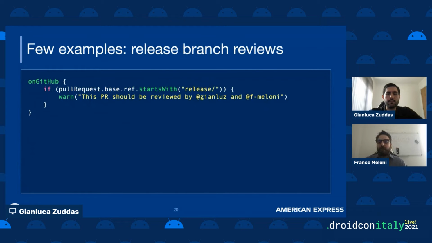Finally, let's assume that we have a release branch, and all the PRs to the release branch need an additional review, for example, from one of our tech leads. And so we can add a check on Danger, which checks if the branch we are merging to starts with release, and in that case adds a warning which tags the people that should actually review it, so that they receive